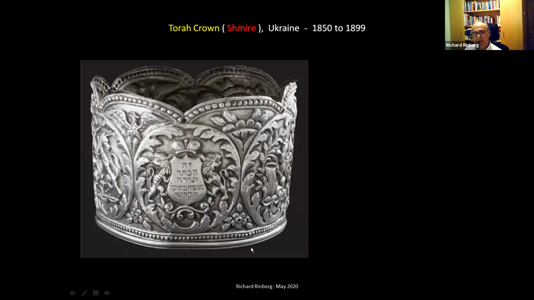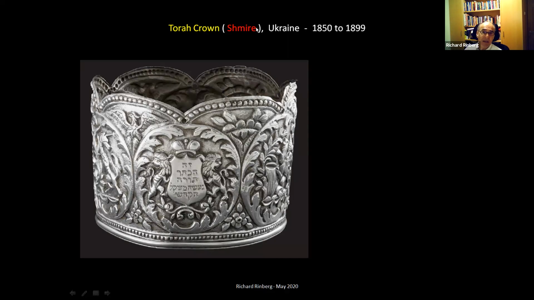Now this is interesting. This is a Torah crown. So it's called a Shmira, and I'll explain that, from the Ukraine in 1850, going on perhaps all the way up to 1900. But it says here, you can read it, Zeh HaKetet Torah. Okay, so this is the crown of the Torah. Naaseh Mishekel HaKodesh. It's made from the Shekel HaKodesh. So you would think, well, the Shekel HaKodesh, we read about that in the Torah and the Chumash, but how could anybody get the silver from the temple times from the Shekel HaKodesh?